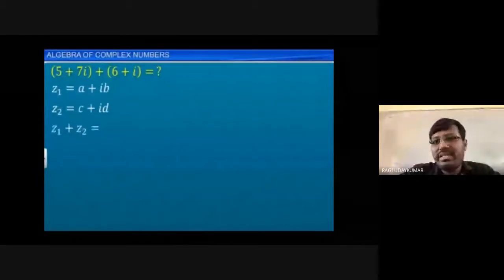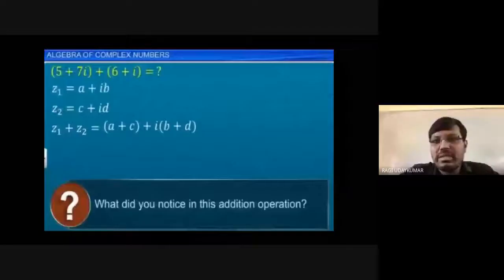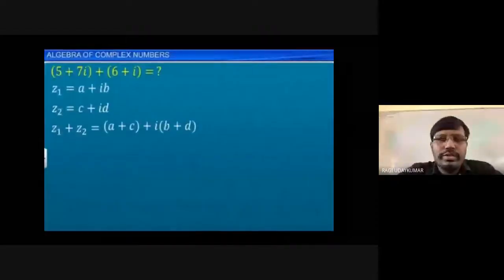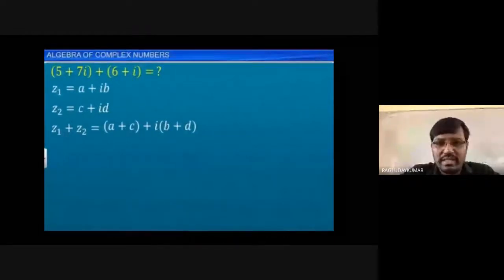No, you will get a complex number. So every real number is called a complex number. Do remember that all the real numbers, whatever you are considering, are all complex numbers. Suppose I take 5 plus 7i and 5 minus 7i, and if I add them, 7i will get cancelled, and I am going to get 10. Is 10 a complex number or not? Yes, it is a complex number. 10 is also a complex number.